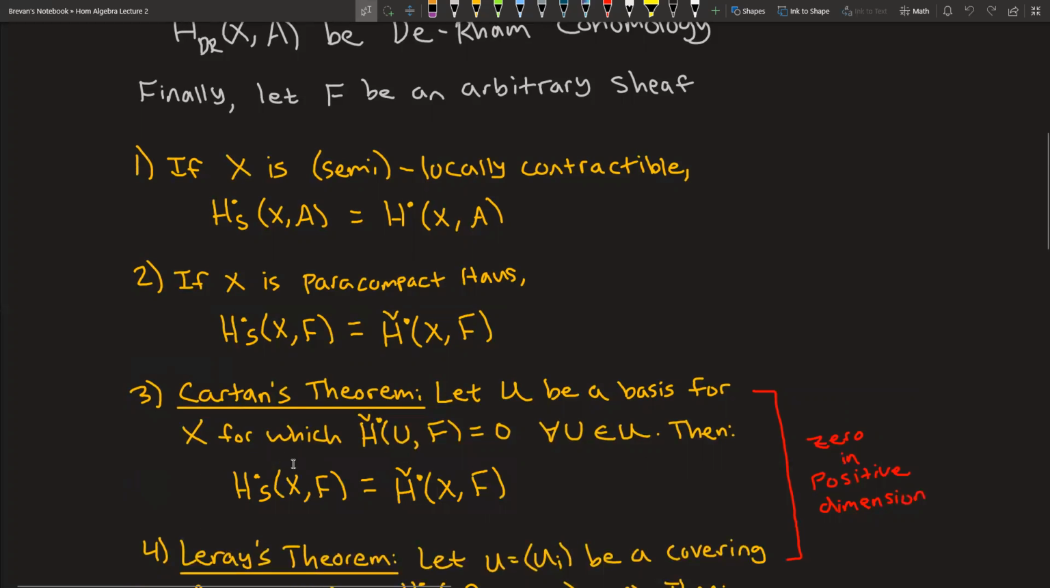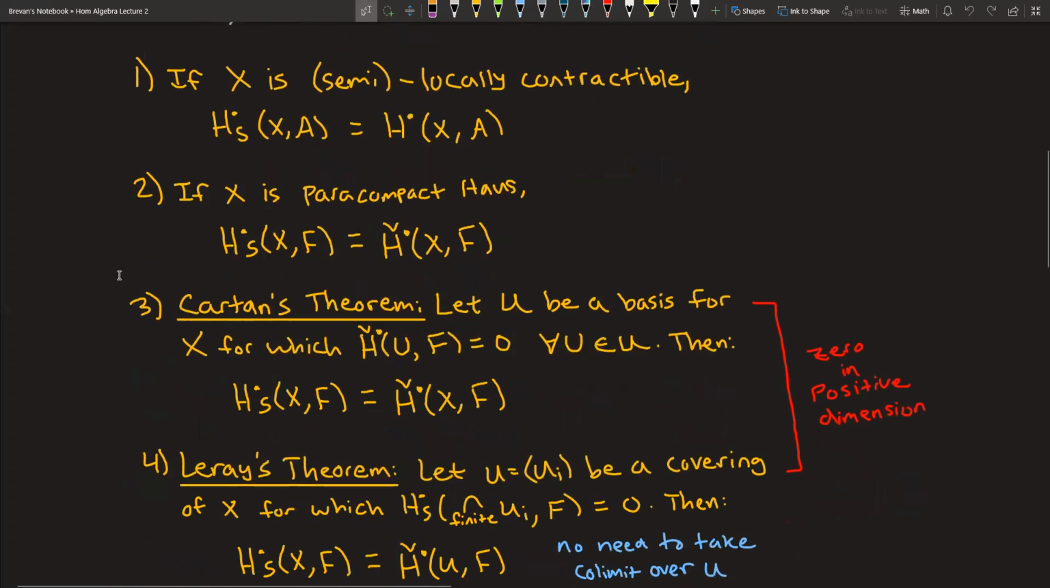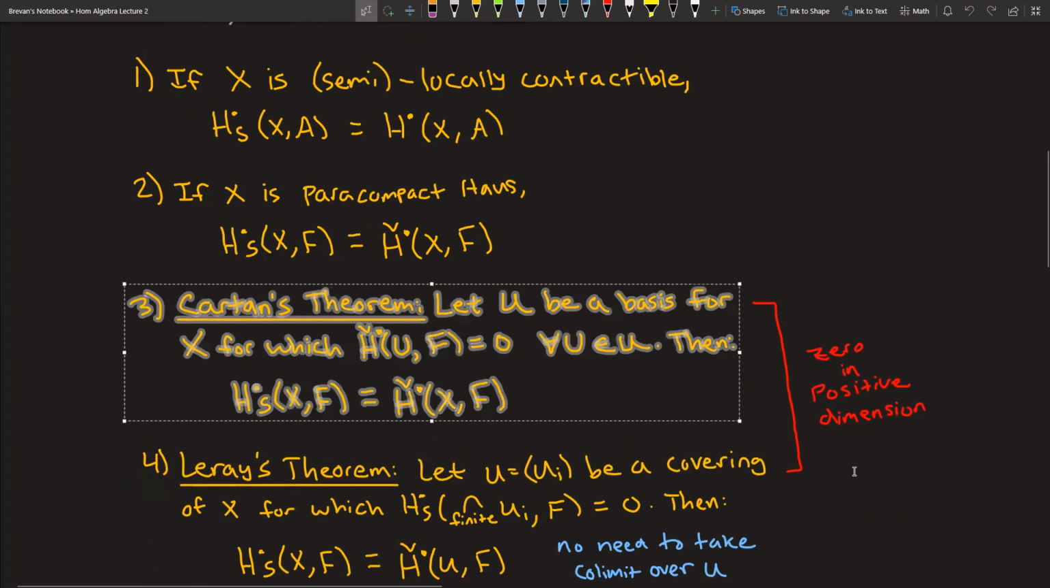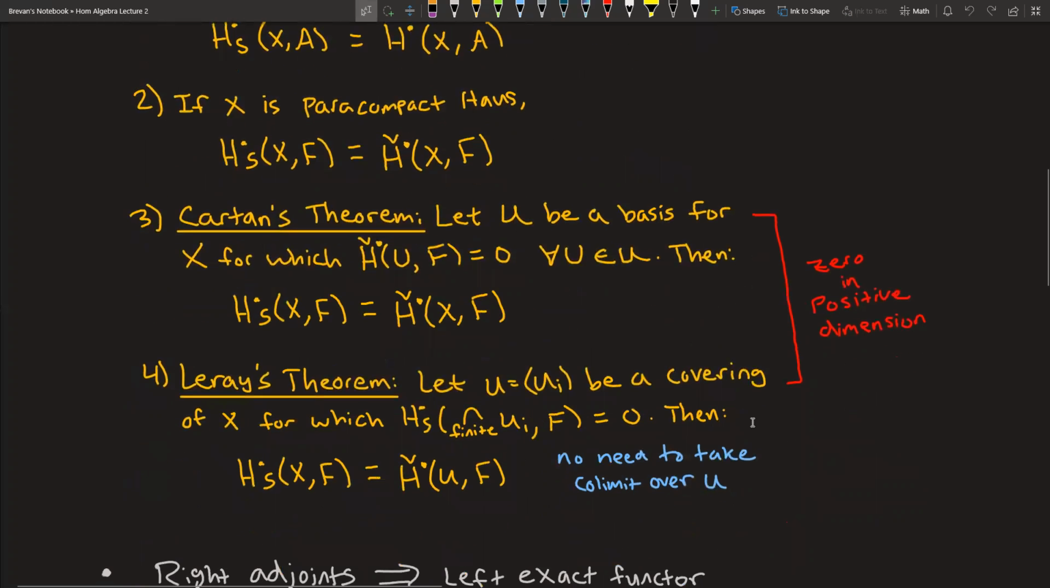Then we finally have Leray's theorem, which is not technically a specialization of Cartan's, but we usually think of it as a specialization of Cartan. Leray's theorem says that if we have a covering of our space, not necessarily a basis anymore, but just a covering, for which the sheaf cohomology vanishes on every finite intersection of things in the covering. Remember, finite intersections are very natural and very basis-ish. If it vanishes on all the finite intersections, then the sheaf cohomology equals the Čech cohomology